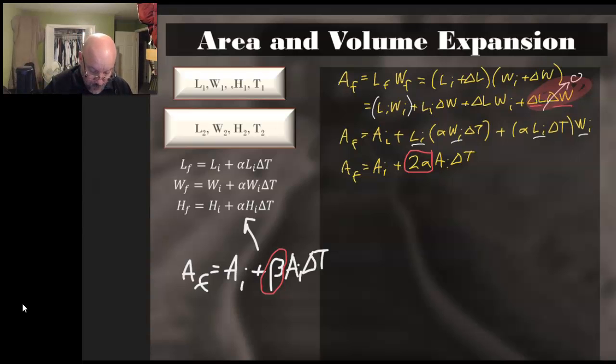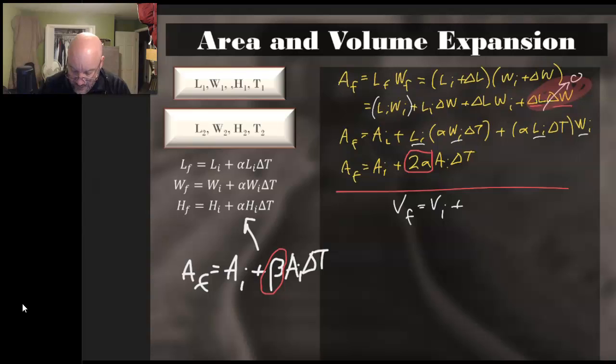Now we could do a similar sort of thing looking at volume. We could say volume final is volume initial plus, let's call it gamma this time, volume initial delta T. We could go through the same process that we did before. And by that, I mean up here, we did length times width, but what we would end up doing is length times width times height. And so instead of having 2 terms there, we would end up with a third term for the height. And somewhere along the line, we would end up with